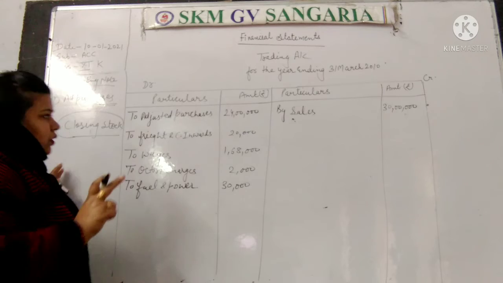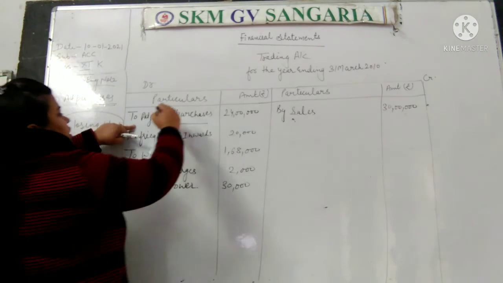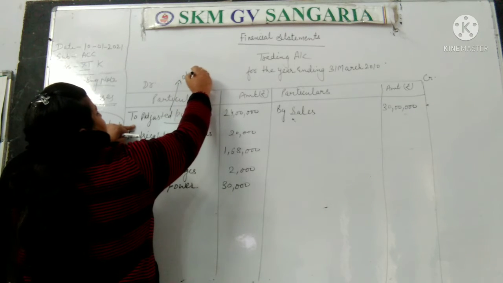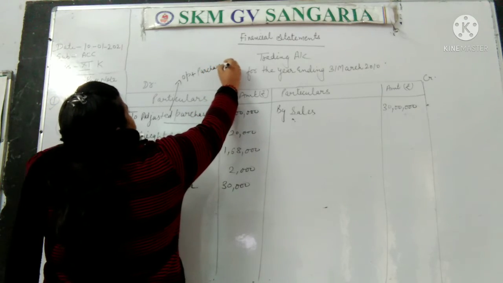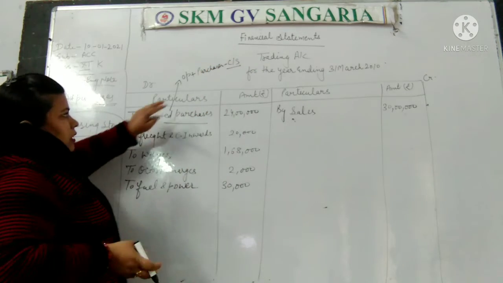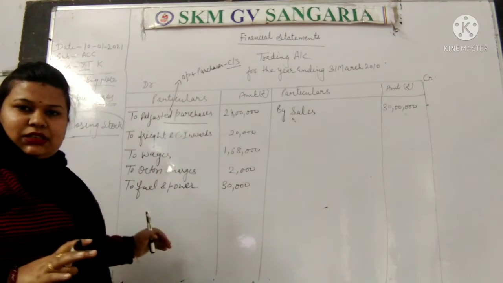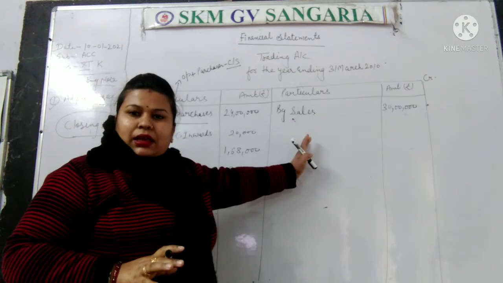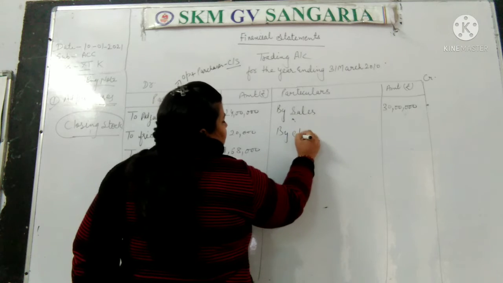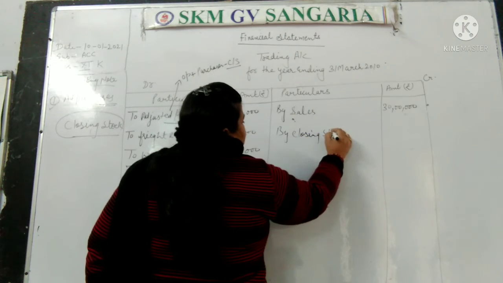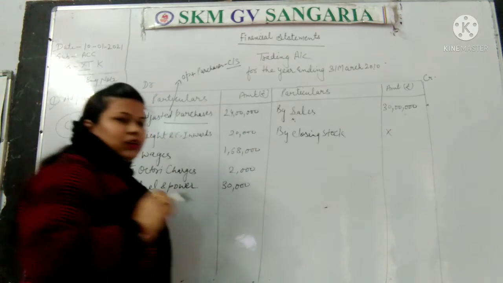Okay. Next, closing stock. Closing stock will also not be written in the credit side. Why it will not be written? Because here we are having the adjusted purchases. हमारे पास Adjusted purchases है, and we know that the adjusted purchases is opening stock plus purchases minus closing stock. मतलब हमने क्लोजिंग स्टॉक की एडजस्टमेंट पहले ही कर दी है. Closing stock is already adjusted, so it will not be written in the credit side of the trading account. हम क्या कर देते हैं? क्लोजिंग स्टॉक को इस वाली साइड लिख देते हैं, by closing stock. ठीक है, but इसमें we are having adjusted purchases, that's why here we will not write the closing stock.